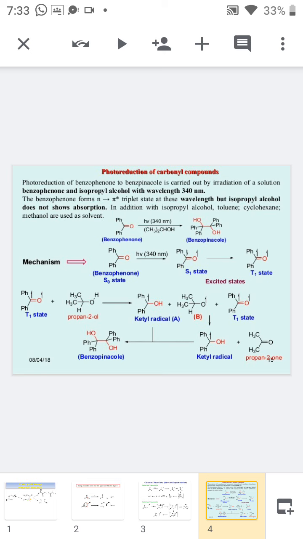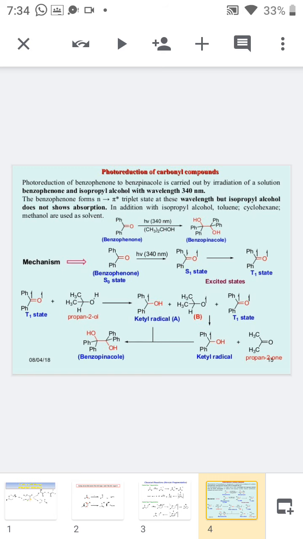Otherwise, the isopropyl radical combines with isopropyl alcohol, abstracting one hydrogen, accepting one radical from the homolytic cleavage of the CH bond and forming the propanol, and the hydrogen is